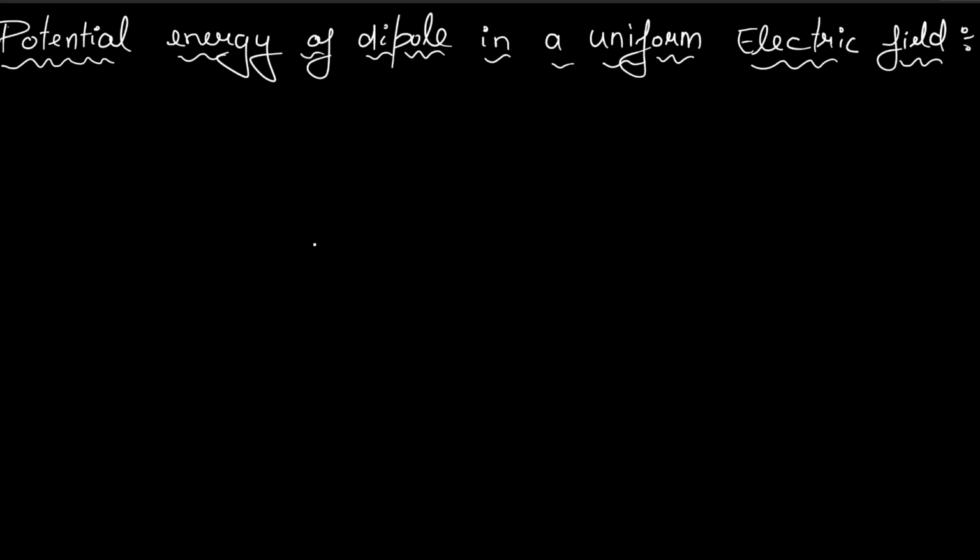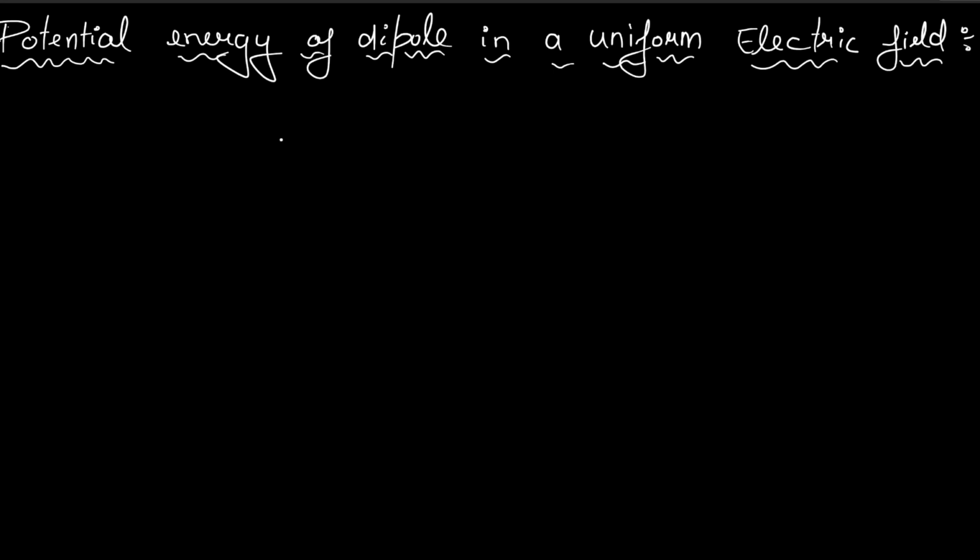Hello, this is the 11th lecture of electrostatics. In this lecture, we are going to discuss the topic potential energy of the dipole in a uniform electric field. This topic is also part of the potential chapter, but we are discussing it now also because